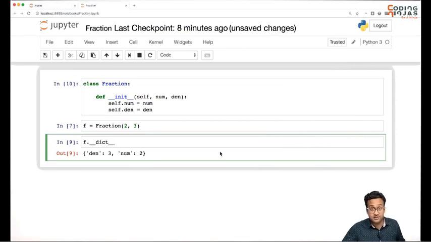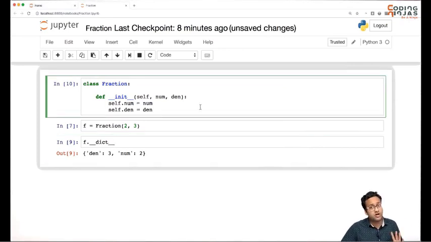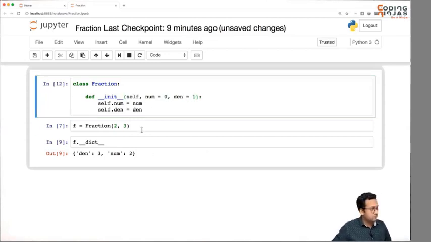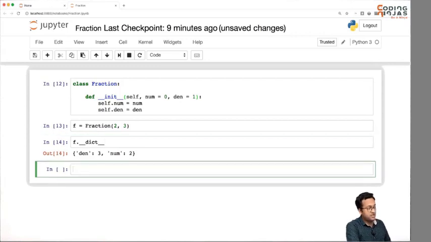So the way you can achieve that is, within your init, you cannot have more than one init, right? So you can have only one init. So within this init, what you can do is you can use default values. So this basically means, by default, my numerator is going to be 0, and by default, my denominator is going to be 1. Okay? So now, when I pass these two arguments, my numerator and denominator are both passed, so the default parameters are not used.